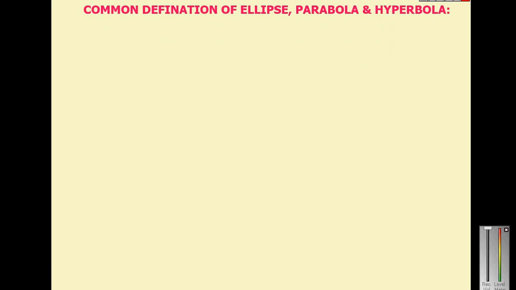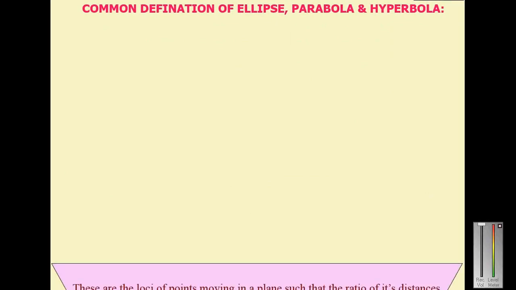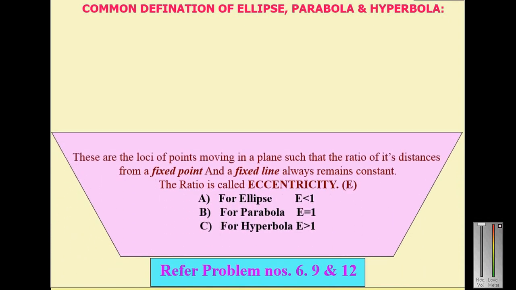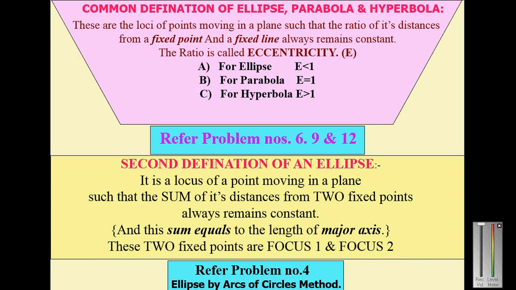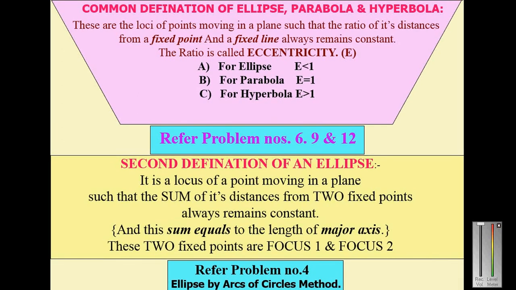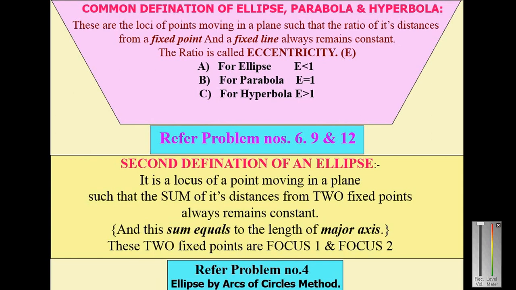And the common definition of ellipse, parabola and hyperbola is: these are the loci of points moving in a plane such that the ratio of its distances from a fixed point and a fixed line always remains a constant, and that ratio is called eccentricity. So in the case of ellipse, the eccentricity value is less than 1. If it is a parabola, the eccentricity is equal to 1, and if it is a hyperbola, the eccentricity value